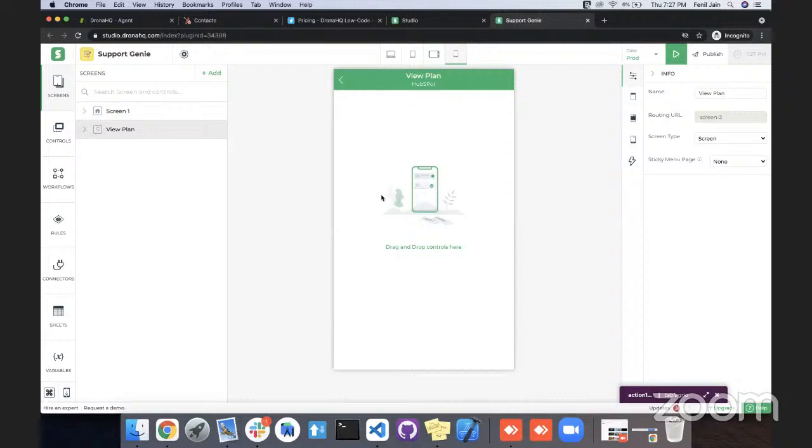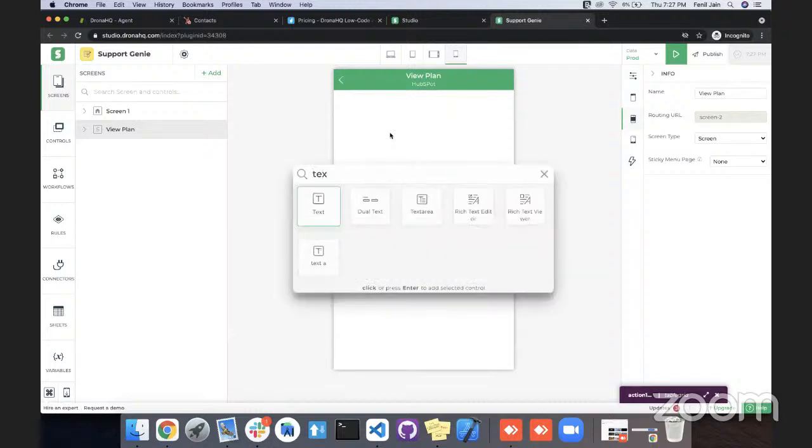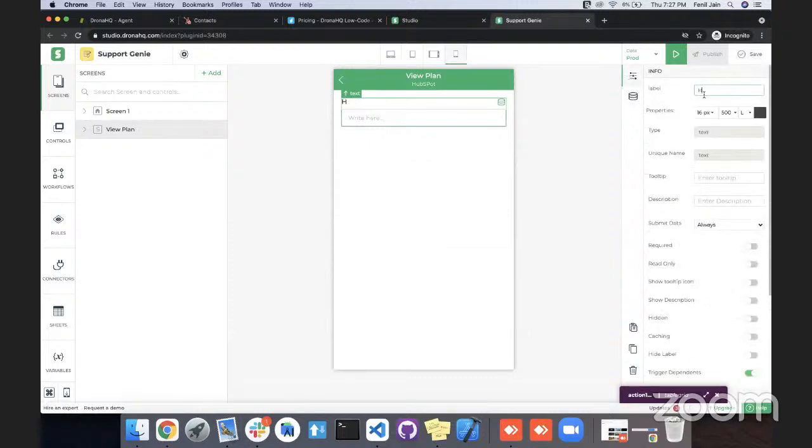So now that we got the email ID, HubSpot as well has a concept called HubSpot ID. So all internal APIs work with HubSpot ID. So from email ID, our next goal is to get HubSpot ID. So let me add a text control. Let's call it HubSpot ID,